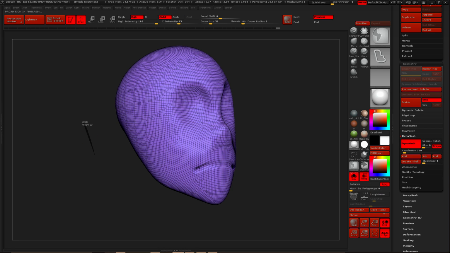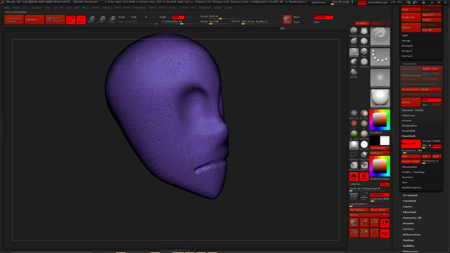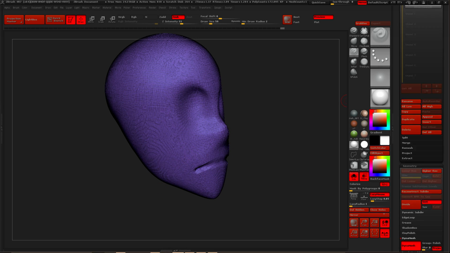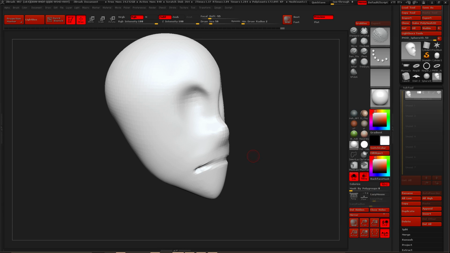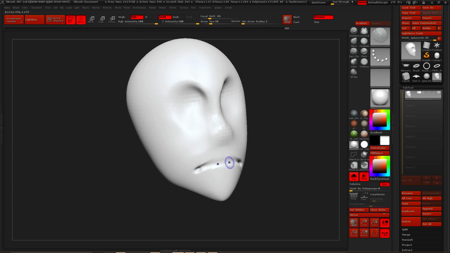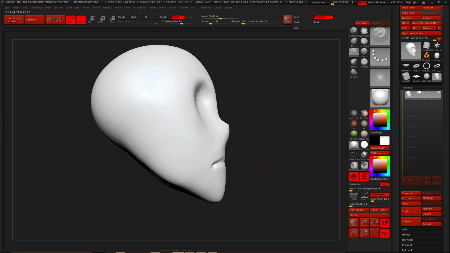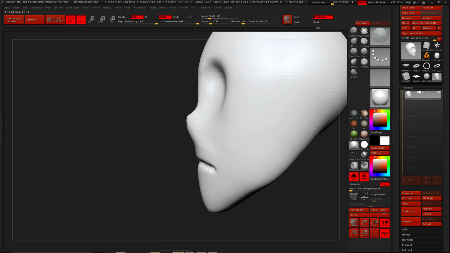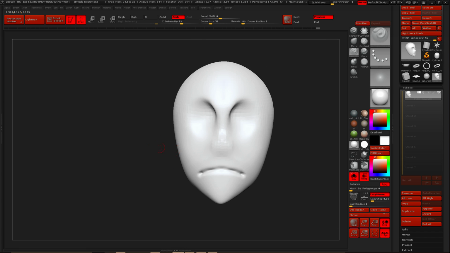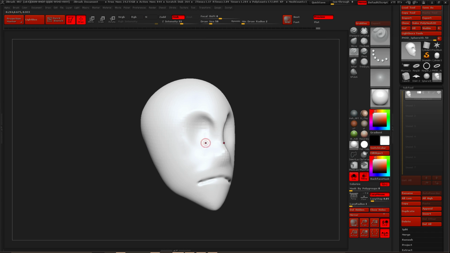So if I remesh at this level, it gets pretty dense, right? And so I'm looking at 172,000 polys now. And so that's plenty to get some lips in there, right? But something else that I'll see a lot of people do is,